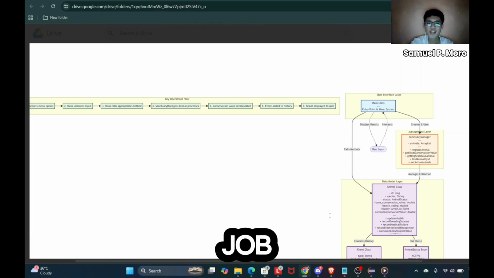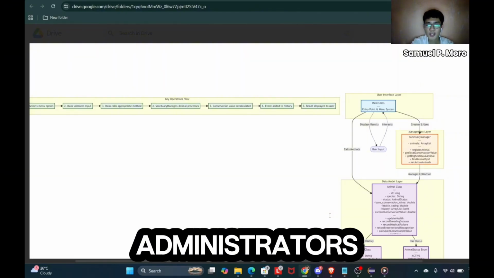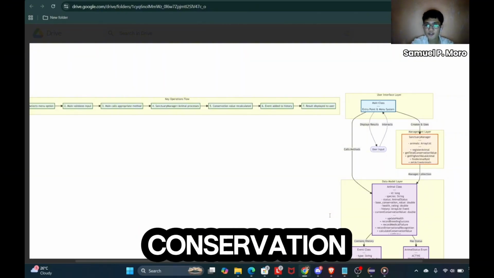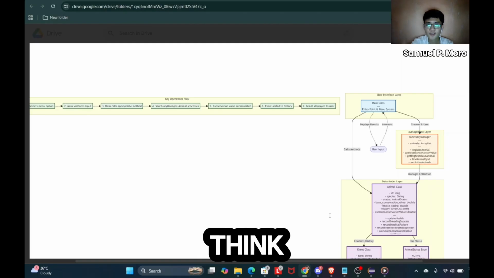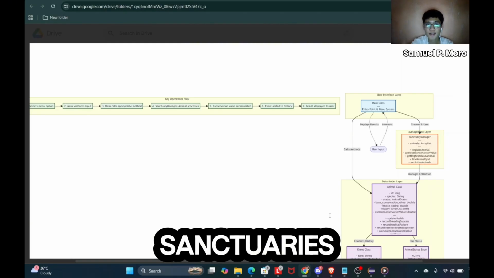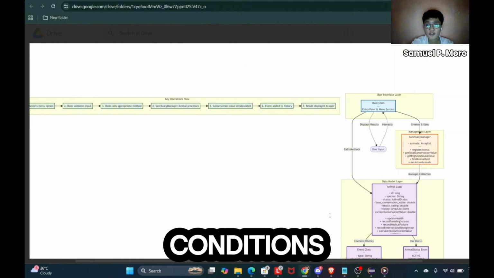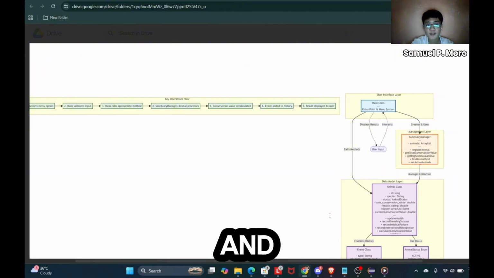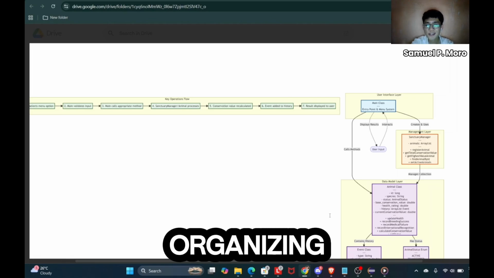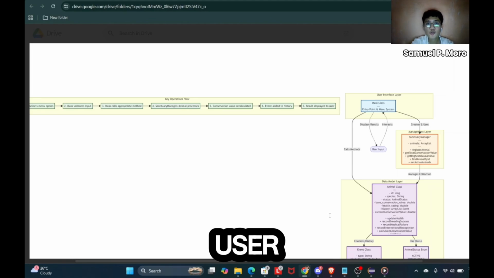So this is a Java application designed to help sanctuary administrators track and manage animal conservation efforts. So think about it. Wildlife sanctuaries deal with hundreds of animals, each with different health conditions, breeding programs, and conservation value, of course. So our system tackles this complexity by organizing everything into our user-friendly interface. So before we start, let me show you first